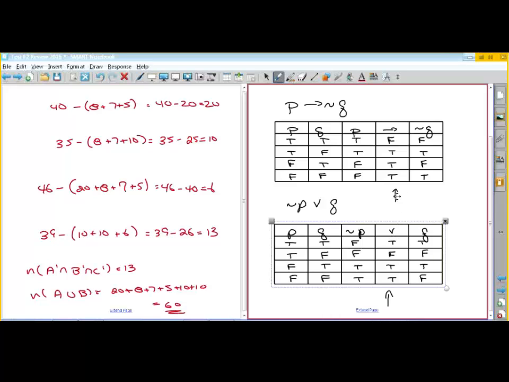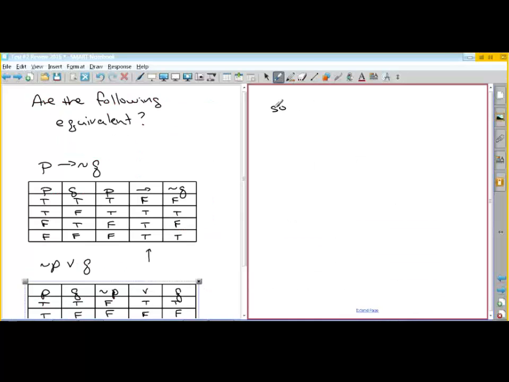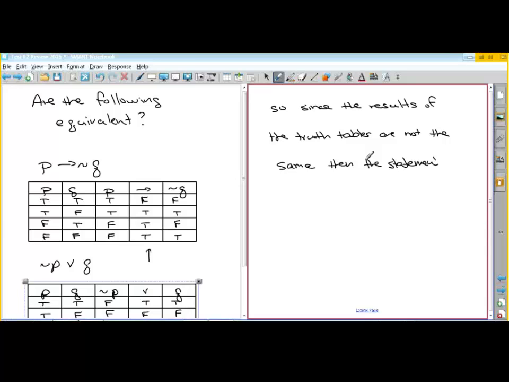So now I compare this column with that column. So you've got false, true, true, true, true, false, true, true. So obviously they're not the same. So since the results of the truth table are not the same, then the statements